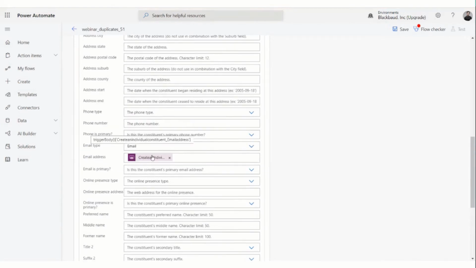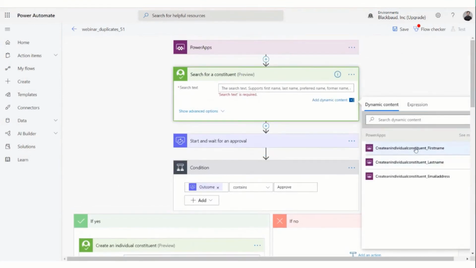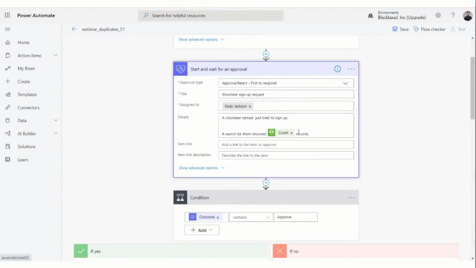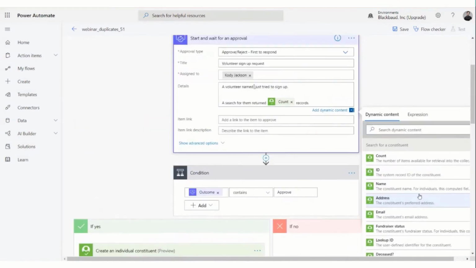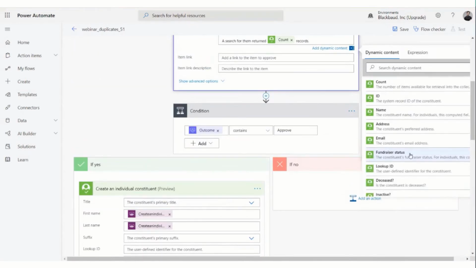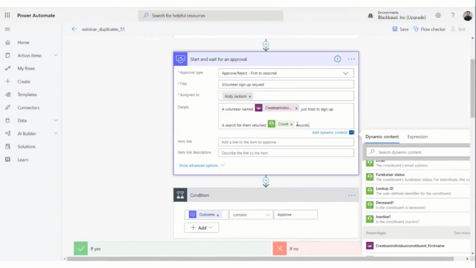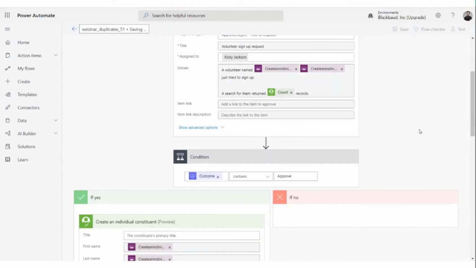And now that I've created these fields down here, and I just wanted to do this so it's a little bit clear what they relate to, I can add in this information for my search. So I want to do a search on first name, last name, and then I want to add that information here. Oop. Scroll down a bit too far. First name, last name. That's weird. Last name. So let's save this.